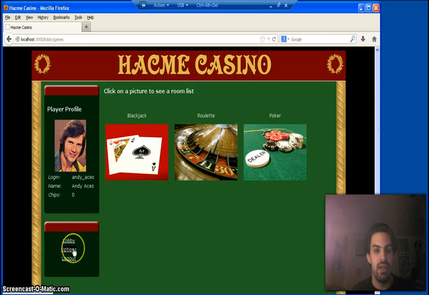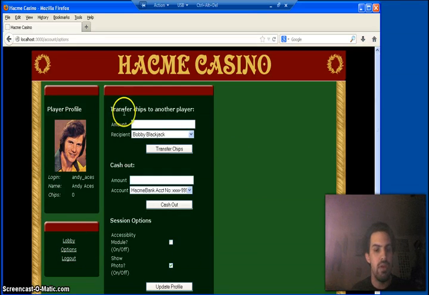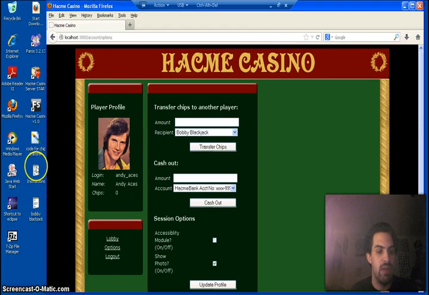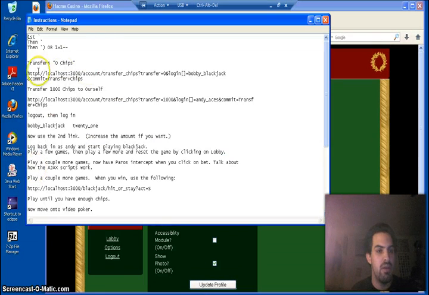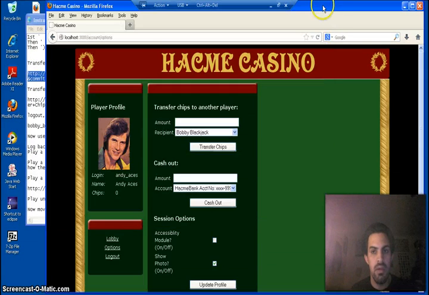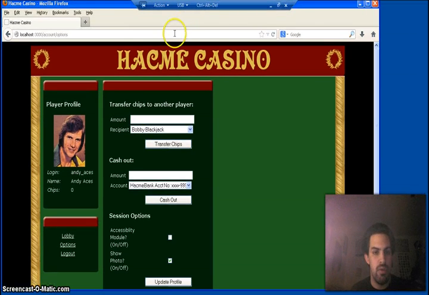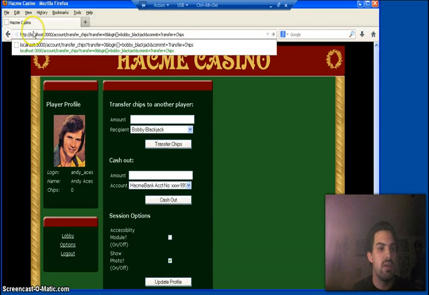Let's go over here and click on options. Over here we can transfer chips to another player, and we can cash out once we actually have chips. So what we're going to do first is we're going to use a web link that I have over here. We're going to use this. We're going to paste it in the URL. And what this says is, on localhost 3000, which is the Hacme Casino server, transfer chips, that's our function that